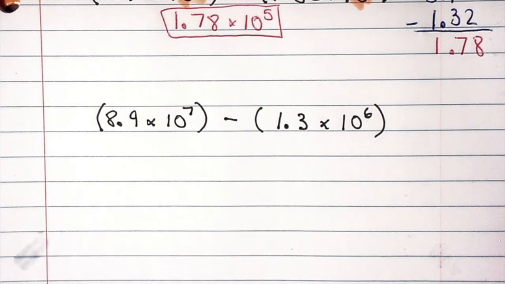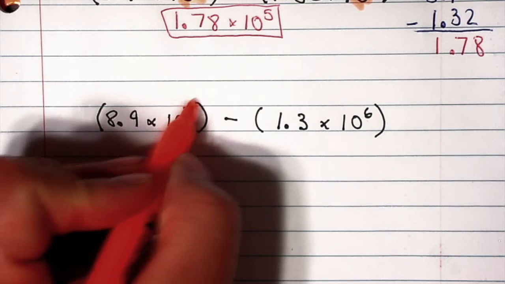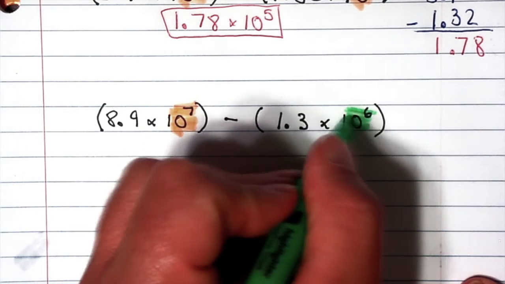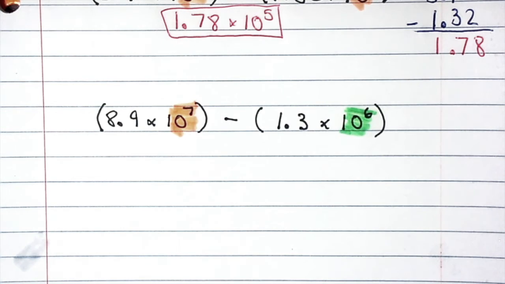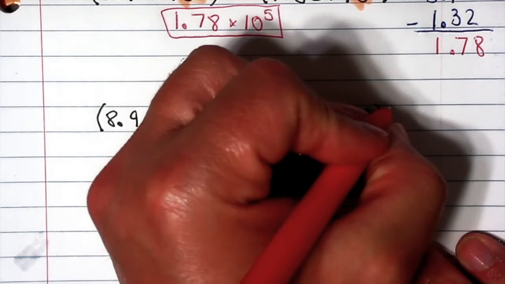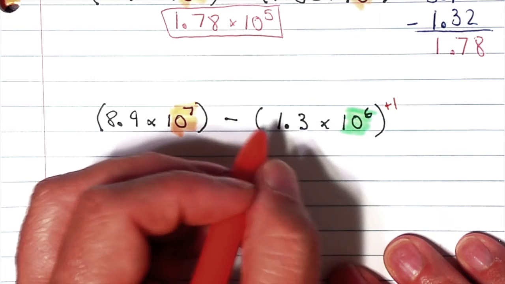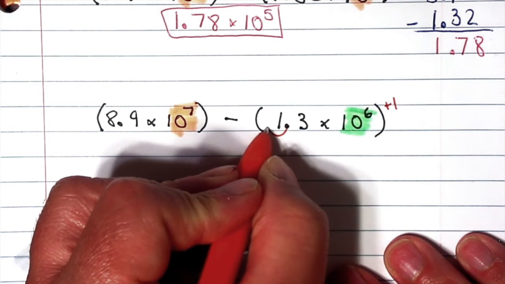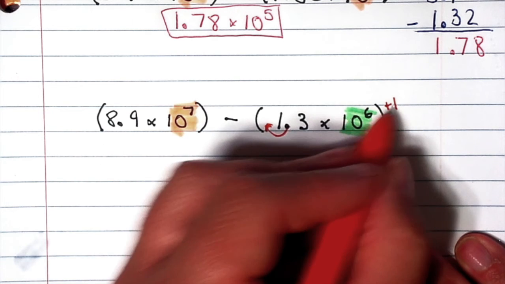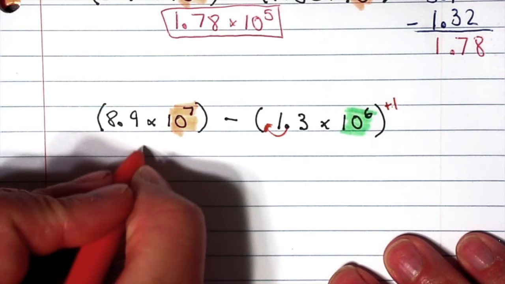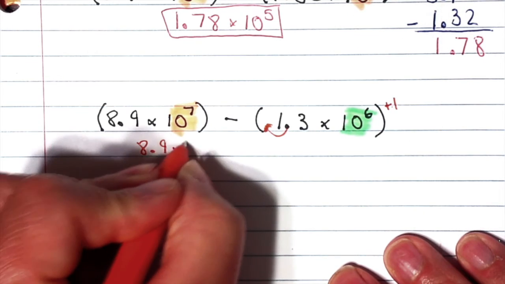Okay, finally I come to the last one. Again, here I have 10 to the 7th. Here I have 10 to the 6th. They don't match. I need to make a match. And again, I'm going to make the smallest of the two match. So I'm going to add 1 to the 6. Now when I add 1, I need to move this decimal point 1 time. Whatever I add here tells me how many times I need to move the decimal point, in this case, to the left. So I have 8.9 times 10 to the 7th